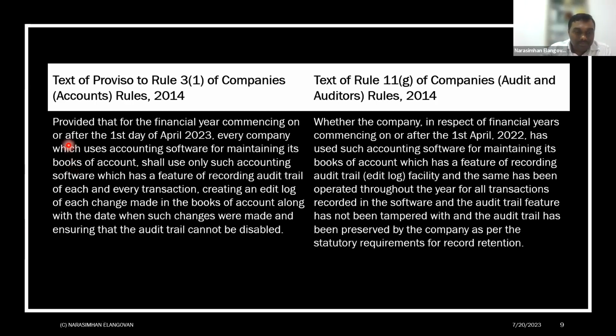So if you read the proviso to the rule 3.1 of the company's account rules, it says provided for the financial year commencing on or after April 1, 2023. Look at this very carefully. They use rule 3.1 of the company's account rules for the financial year commencing on or after 1st April 23. Every company which uses accounting software for maintaining of books of account, that means only if it's using an accounting software, please bear in mind, as I told, Excel is also an accounting software, right? In this context, for maintaining its books of accounts, shall use such accounting software that has a feature of recording audit trail of each and every transaction,